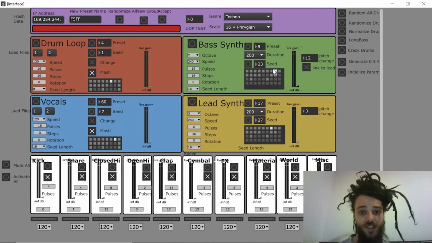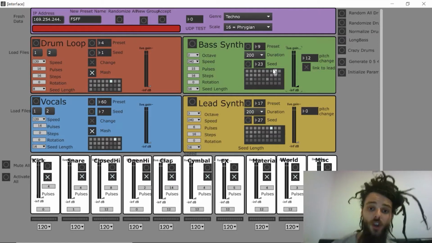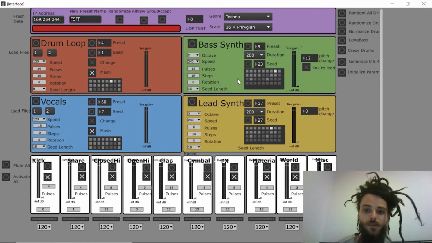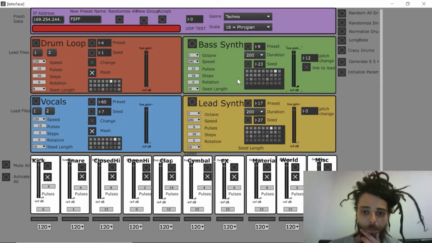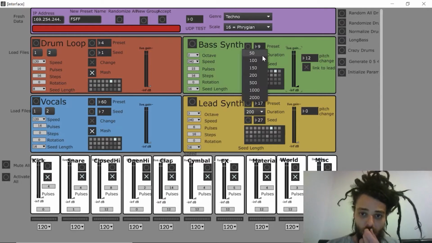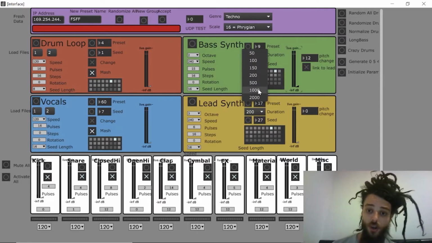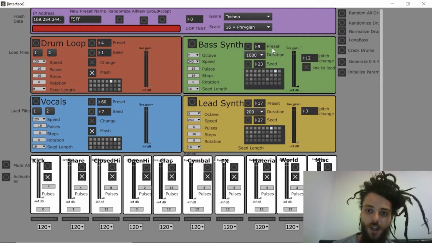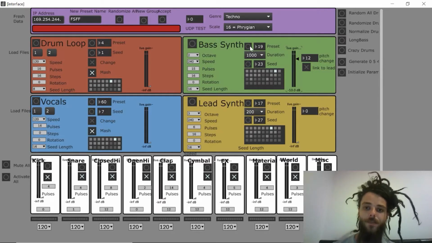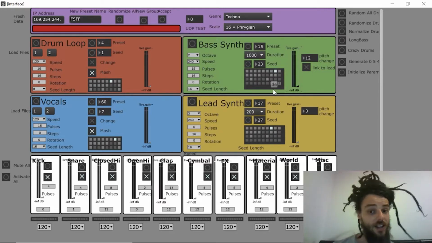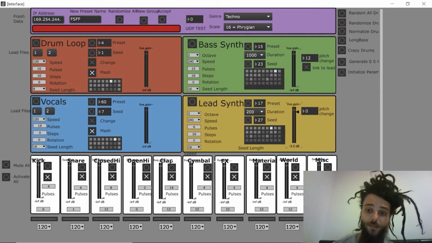Now we've got our pulse, steps, and rotation. Once again, this is for Euclidean spacing of the sequence that has been generated. Okay. Now we've got duration as well, where I can choose how long it's going to be. Longer notes that way. We've got presets, different synthesizer presets. Now this is exactly the same, once again, as the lead synth. You can play through this,